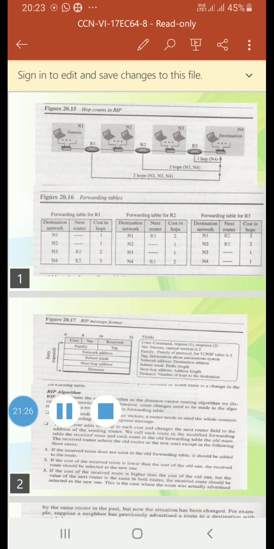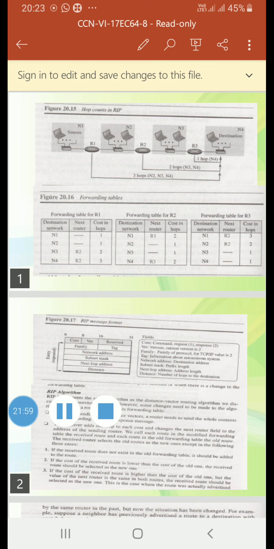An example is a customer AS that may use the services of more than one provider network, but its policy does not allow data to be passed through it. A transient AS is connected to more than one other AS and also allows traffic to pass through it. Examples are provider networks and backbones.